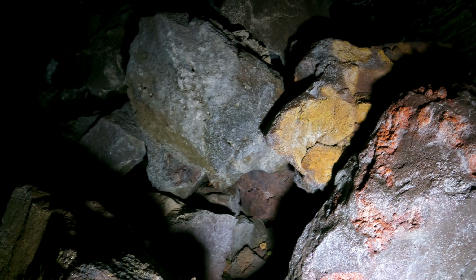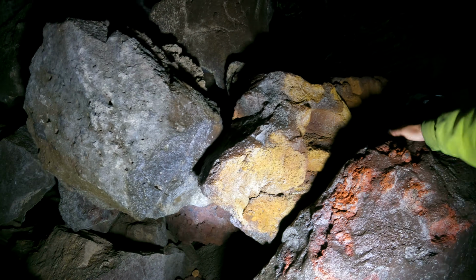This white stuff is not ice. It's actually not that cold in here. Like maybe 50 degrees. I would not expect any ice in here. It's definitely colder the other way. This long